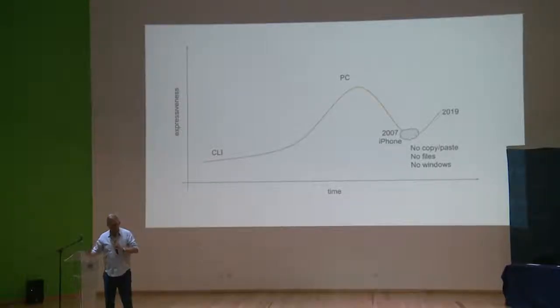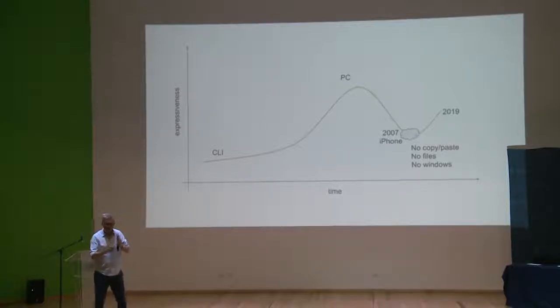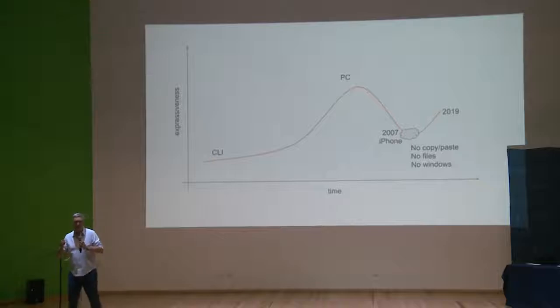It was for consumers, it was simpler. But people forget the original iPhone had no copy-paste. It had no files, no windows, and only in the very latest version of iOS 13 have they started to have more files and more windows. It's like we took this big simplification and went, oops, and we're starting to add more back in again. And this raises, I think, lots of interesting questions, which is, what are we trying to do, and what is simple, and what is too simple?